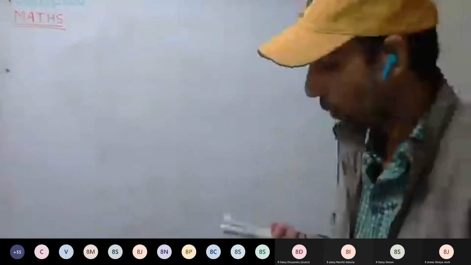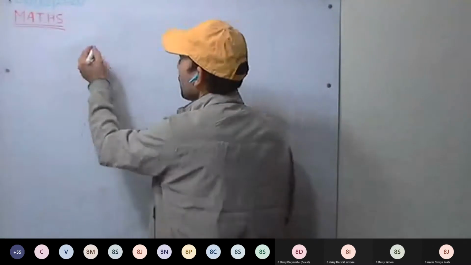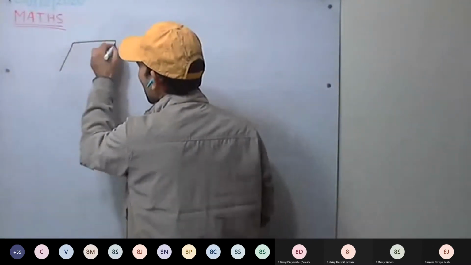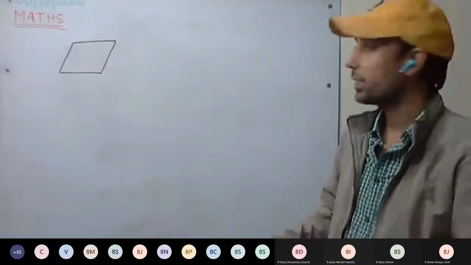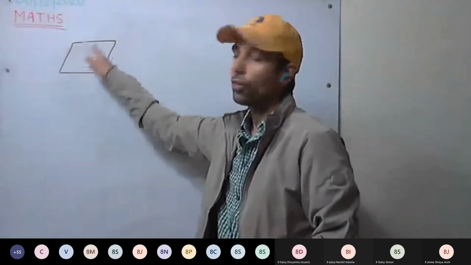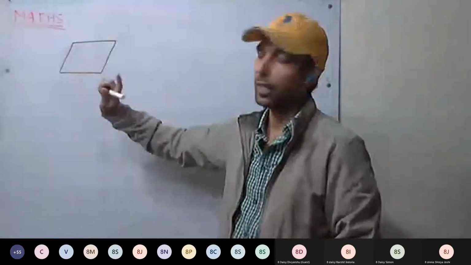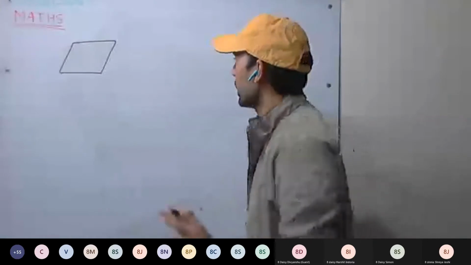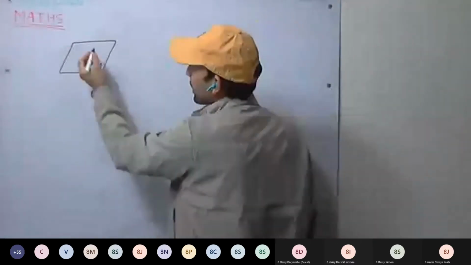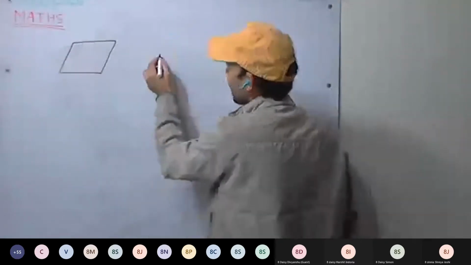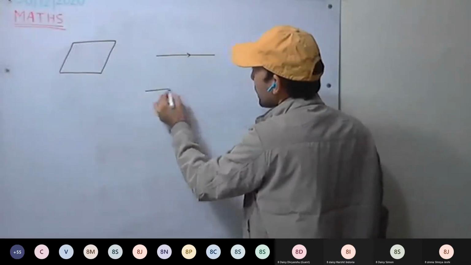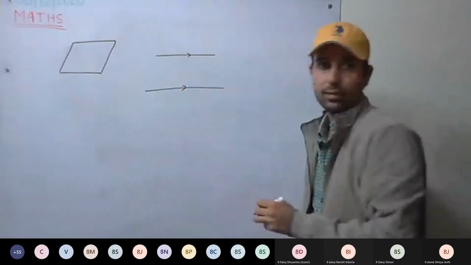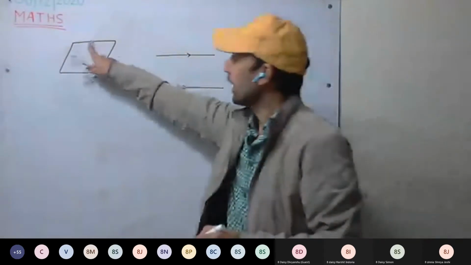Okay. So different types of quadrilateral. Till now, one property we have discussed, that is the sum of the interior angles of a quadrilateral. Whatever kind of quadrilateral it is, the sum of interior angles is always 360 degrees. This one property we have discussed. Now, in a quadrilateral, if I make one line I have drawn, the other line I have drawn, opposite sides parallel.